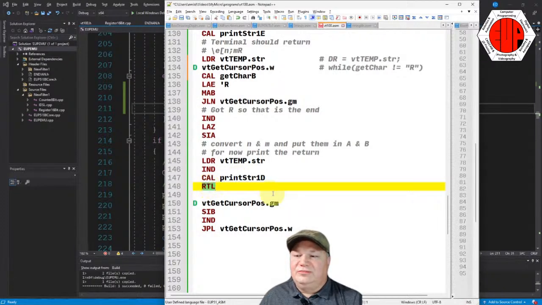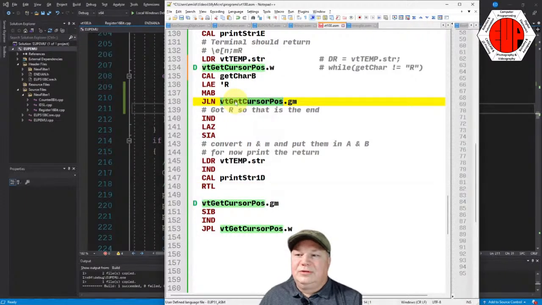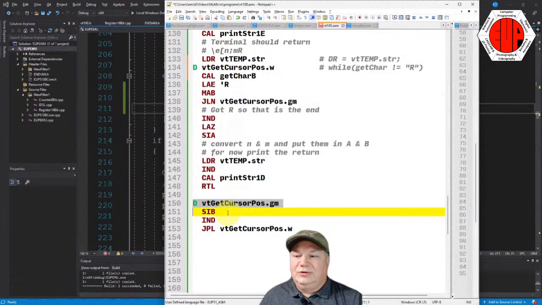And then leave the function. And if we had actually gotten the R, we would fall through this. If we don't get the R, which means we haven't reached that character, we're going to jump down here and we're going to store what was in the B register, the character we just read, and when we do